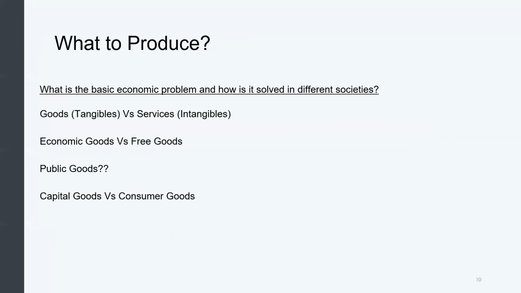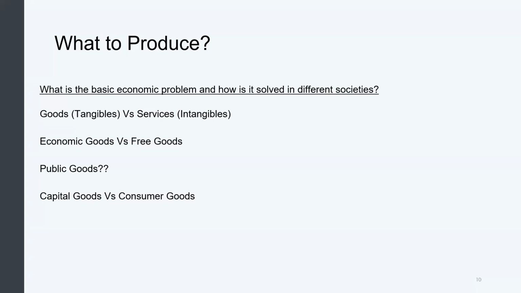When we say what to produce, we are asking ourselves that with the land that we have in South Africa, with the labor that we have in the country, with the economic capital that we have, what exactly should we produce? Should we produce computers, or should we focus on providing tourism? Should we produce clothes, or should we produce medicine? Should we produce fruit and vegetables, or should we produce wheat? What should we produce exactly, given that we have limited resources within our economy?